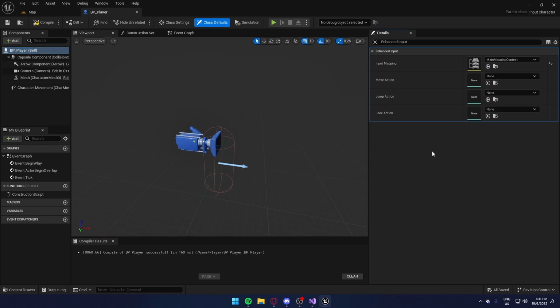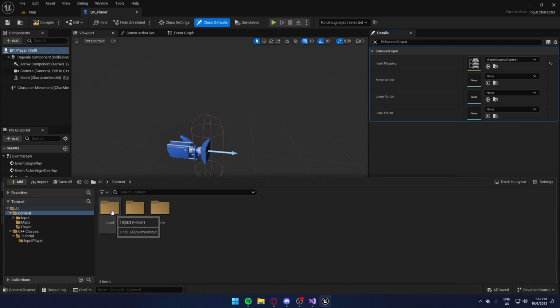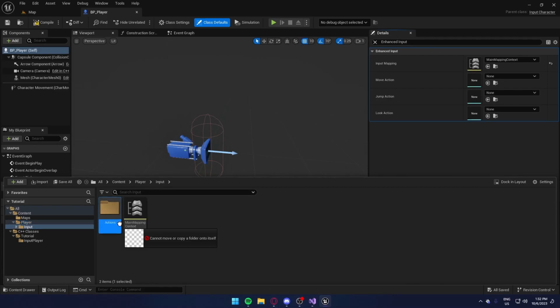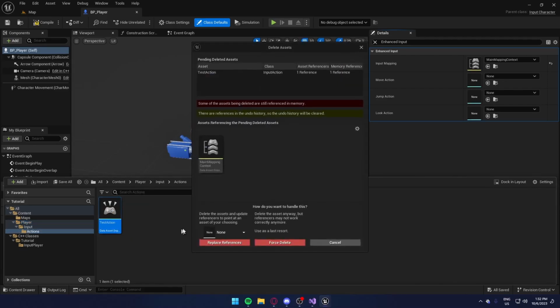Move action, we don't have any, so we're going to create them right now. So inside our input folder, I'm going to move this inside our player class by dragging it over here and clicking move here. So in here we have some actions. We can delete the test action,